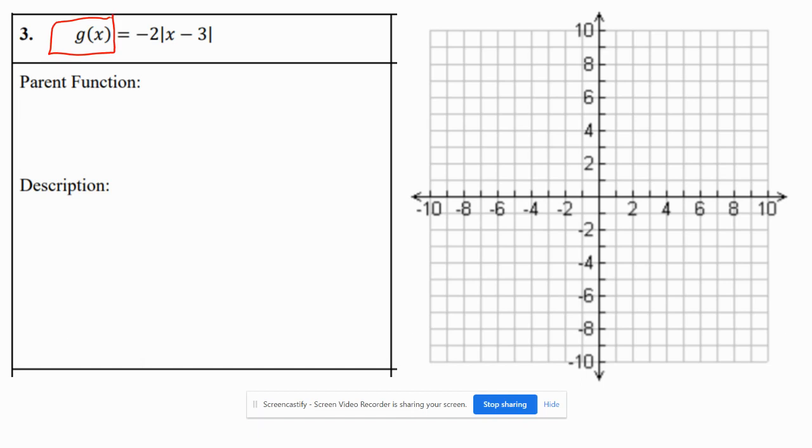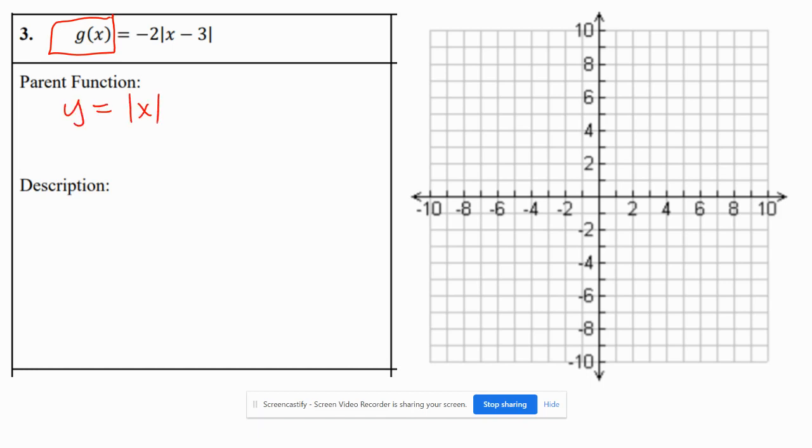just tells me that what we have is a function and that what we're plugging in is x. So that's the same thing as y. It doesn't matter if it's f of x, g of x, or h of x. It's equivalent to y, or what would come out. So parent function, because of the absolute values, I'm looking for you to write down the equation y equals the